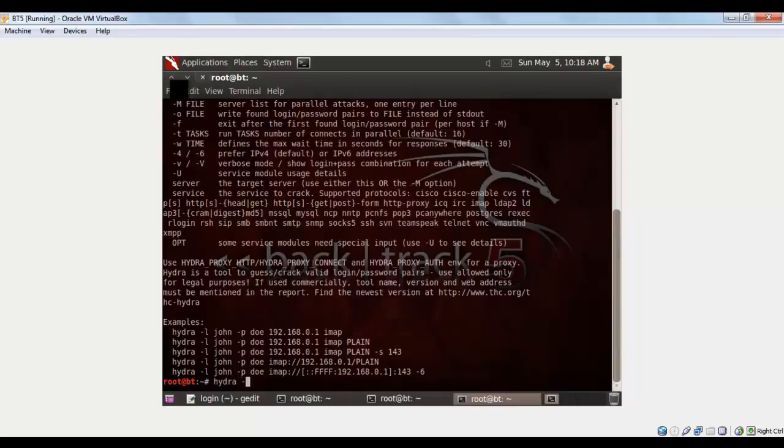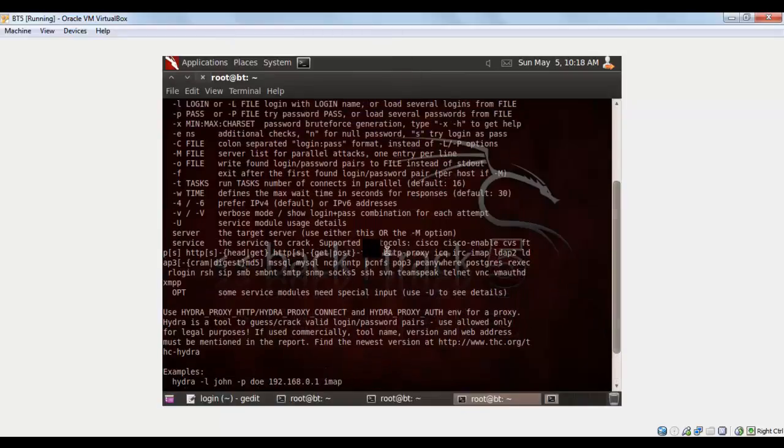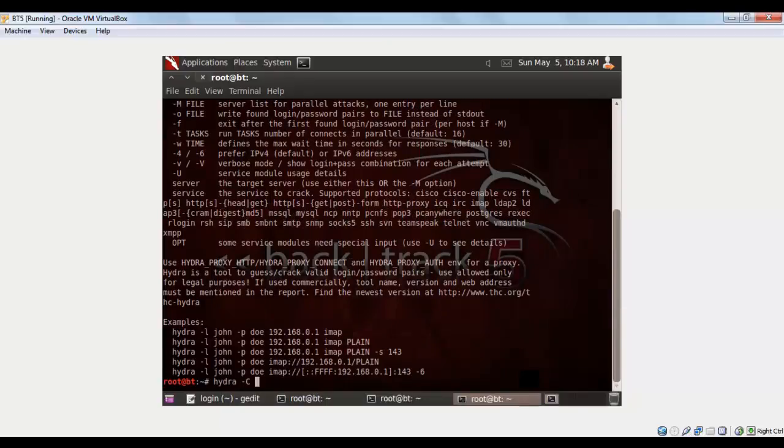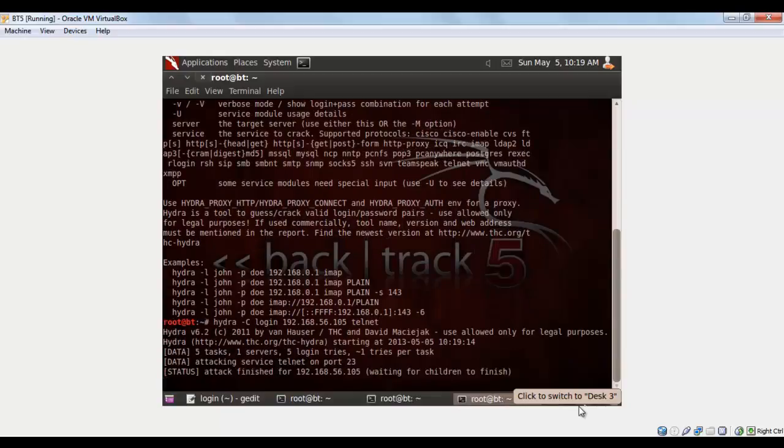Hydra -C, which stands for the file with colon separated username and passwords, and my file name is login, and we need to give the target IP address 192.168.56.105, and it is running on telnet. We want to crack the telnet password, so I'm pressing enter, and